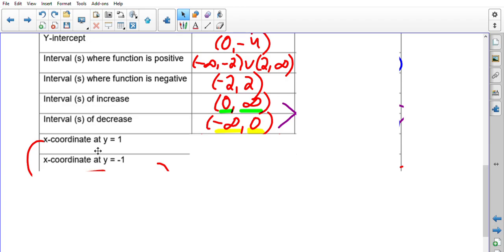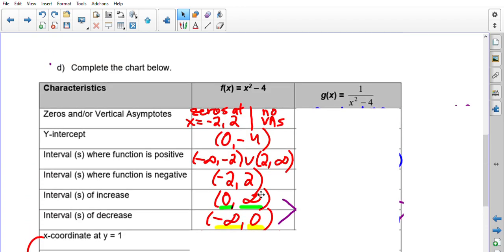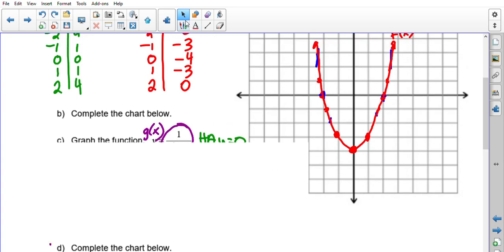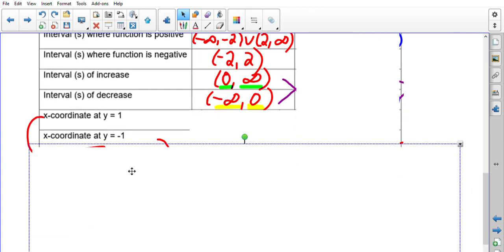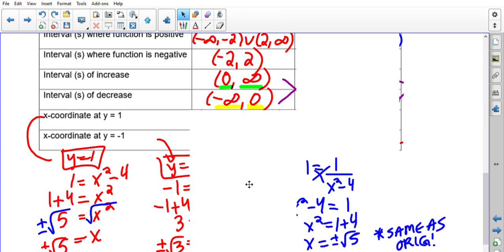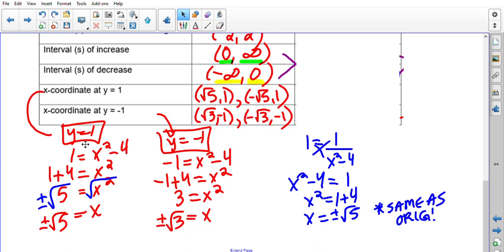Now we need to determine the x-coordinates when y equals ±1. Coming up here, as you can see, it will be hard to tell sometimes. When y equals 1 and when y equals -1, we can see that those aren't necessarily easy to see clear points. It's hard to tell what the x values are here. So sometimes we have to just do this algebraically. So when we do our work at the bottom here,